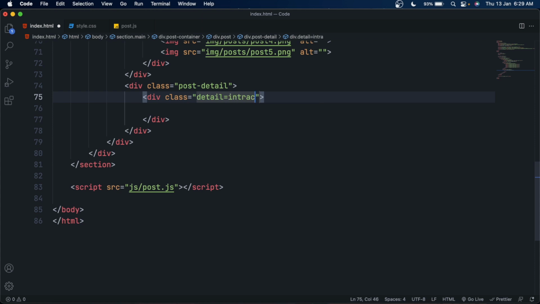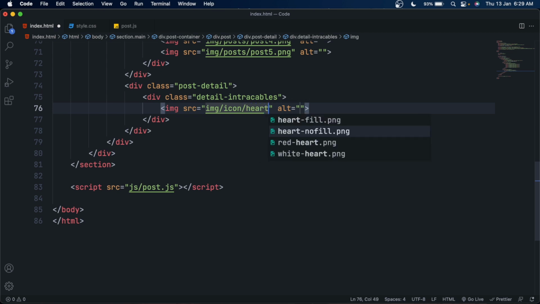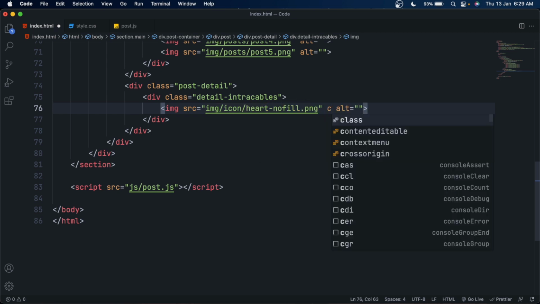So this will be the container of our like, share, comment icons, and inside it make an image element, give it a source of the heart icon, and the share icon and comment icon, and give it this class.